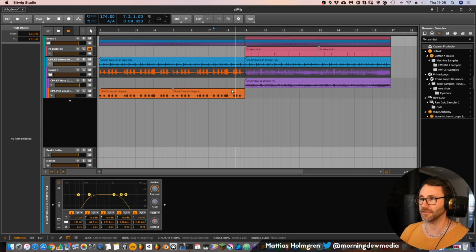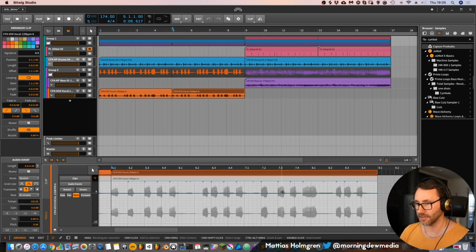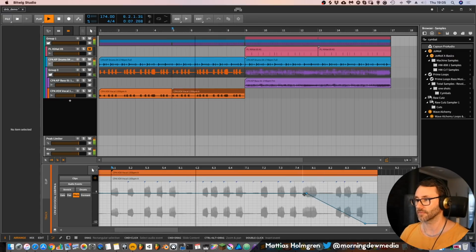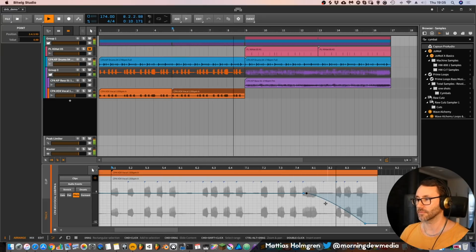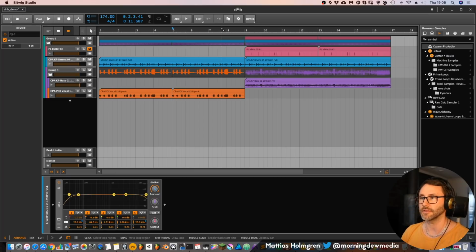Let's do a little pitch slide to this vocal effect because it's fun. So let's go in here, press pitch, and now we can see that we have this 0 line. It means that it's not pitched. And now we can drag this down to -12 semitones. So now the pitch will drop at the end here of this first part before the drop. Just like that. And if you hold Alt, you can adjust these curves. So you can really hone in and create a curvature that you like.